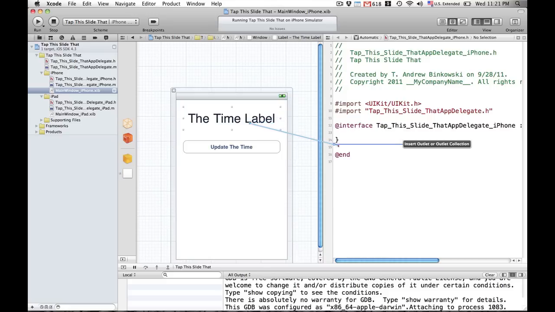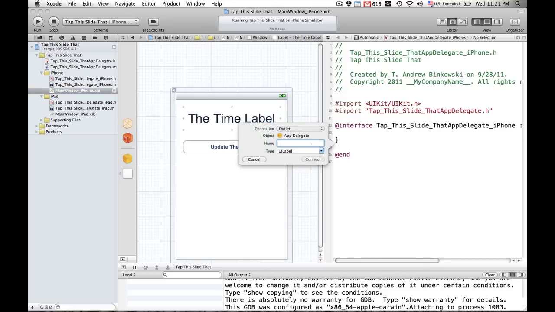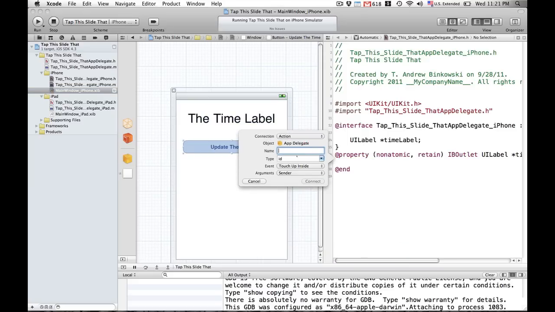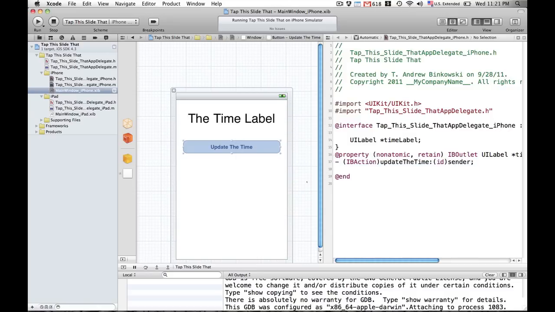and click on our control objects, and we're going to create an outlet for it. So we create one called Time Label, and we're going to create another one. In this case, we're going to create an action. When someone taps the button, we want it to update the time. So we'll go ahead and create an action called Update the Time,